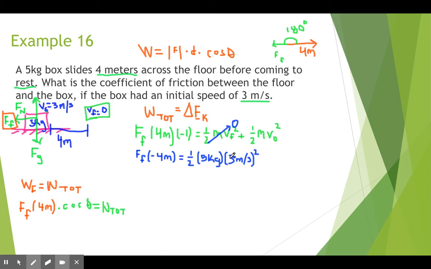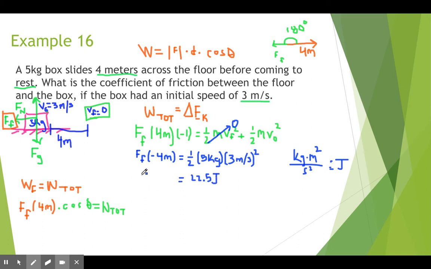9 times 5, we get 45. Half of 45, we get 22.5. Our units are technically joules because we have kilograms times meters squared over seconds squared. That's equivalent to a joule, so we get 22.5 joules